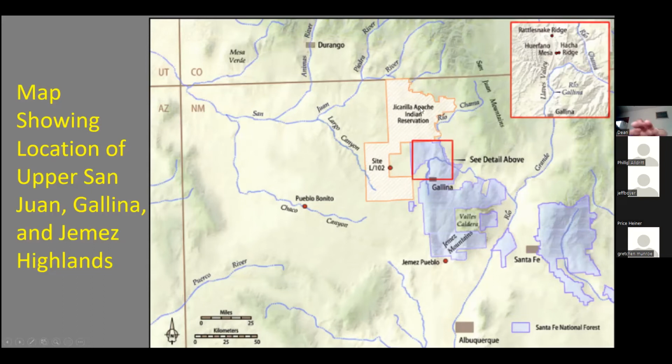And then a lot of the area between is still poorly understood, but the area in the Gobernador Mountains, about 1050 to 1250, is the Gobernador culture. And another adaptation is still farming and related activities, often in an extremely high environment where we find villages and agricultural sites at 8,000 to 9,000 feet. And then down further, the Jemez Mountains and the highlands,